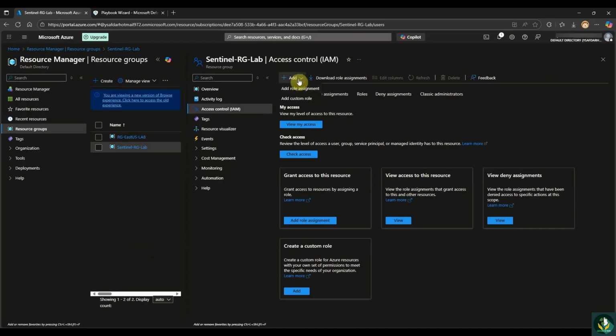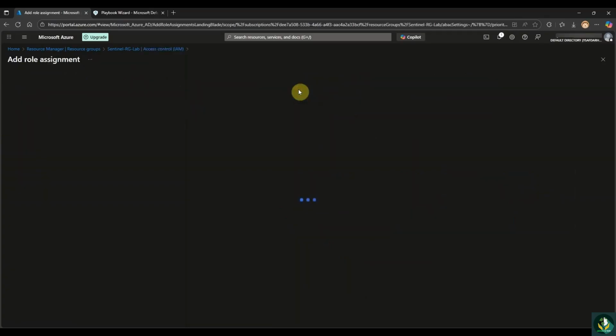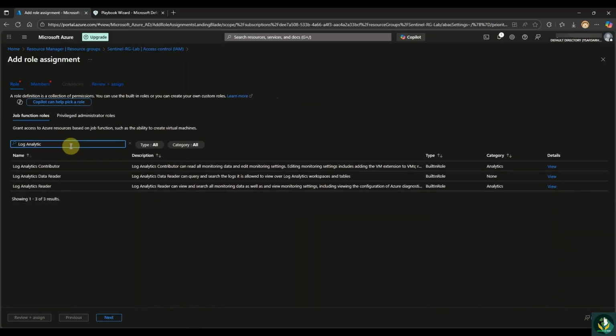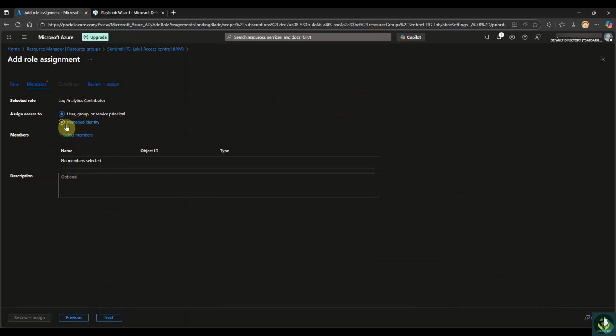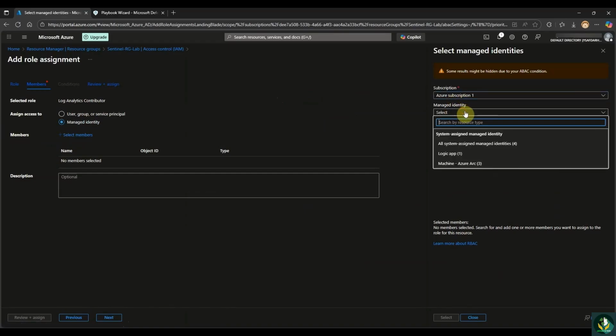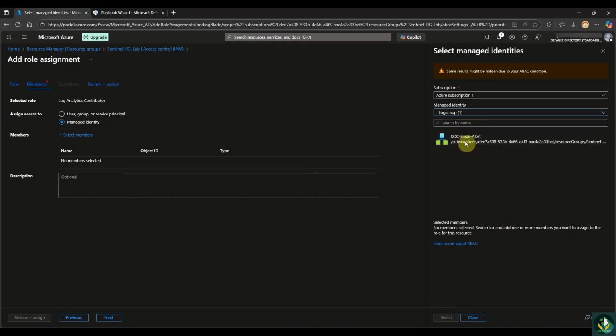So we'll click on add role assignment, Log Analytics, select, click next, and then click on managed identity, select members, choose your subscription and select your managed identity as logic app, and we can see our playbook here. So select